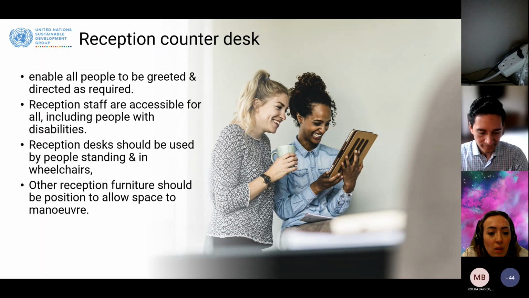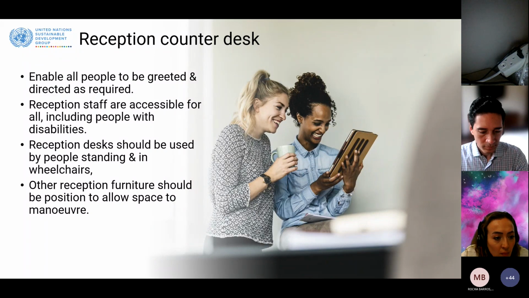So the first thing that persons with disabilities see after coming through the security gate is the reception staff. The reception staff should be able to interact and greet persons with disabilities and persons without disabilities. So avoid having very high counter desks with very high bars, and avoid having a reception desk in the shape of a window that is very high to reach, because this wouldn't enable persons who are using wheelchairs to interact with the reception staff.